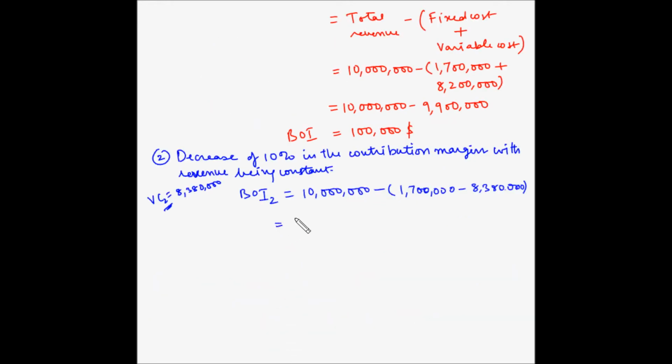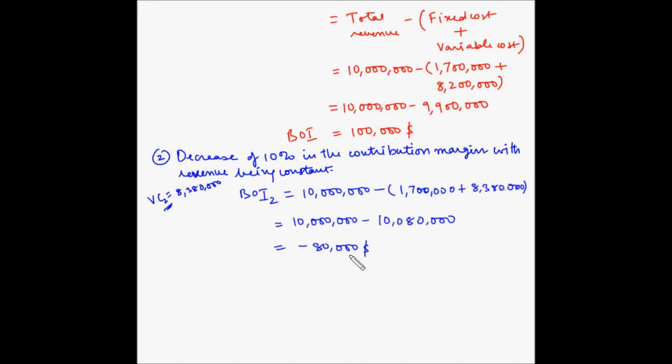So let's calculate this. So this remains the same, 10 million minus, sorry, this is plus. So the addition of these two is 10.08 million. So 10 million minus 10.08 million, this is minus $80,000. So the new budgeted operating income is